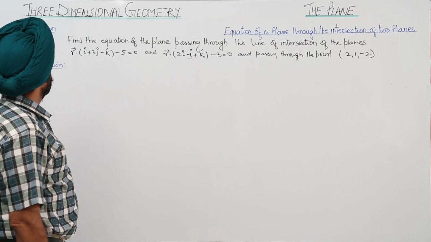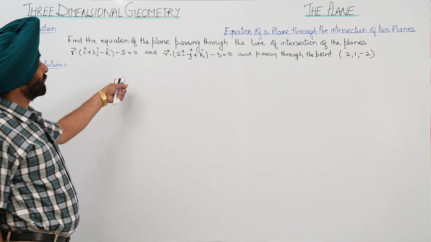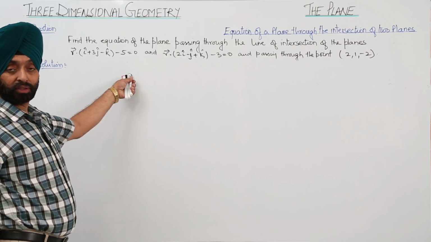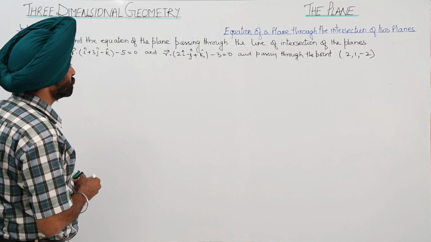Important question. Find the equation of the plane passing through the line of intersection of the planes, and the lines are given. Equations are given in the vector form and passing through the point (2, 1, -2). Now,